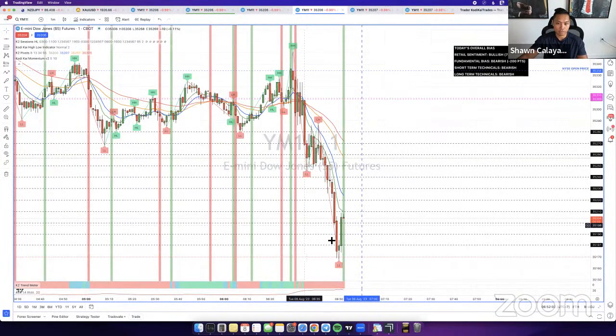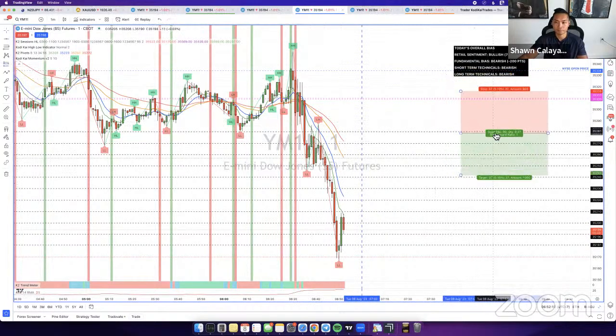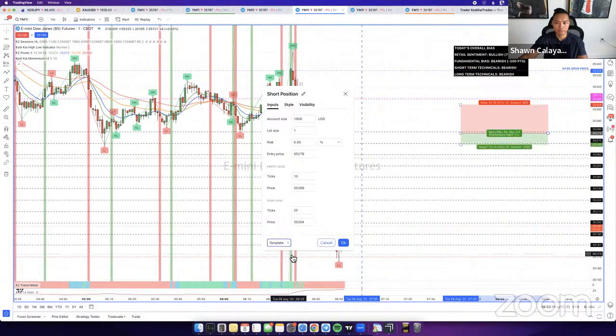I just don't like the way the market's moving right now. It's moving a little too heavy. I'm looking for that retracement. So once I get a buy signal here, I can start looking for a possible opportunity for a sell. But right now, I'm just going to take it easy until